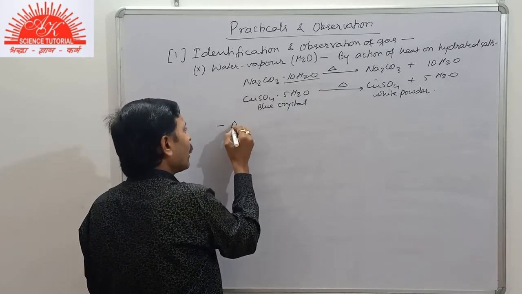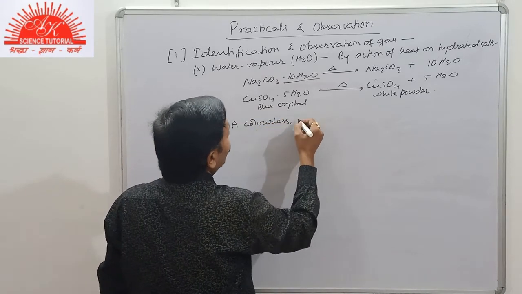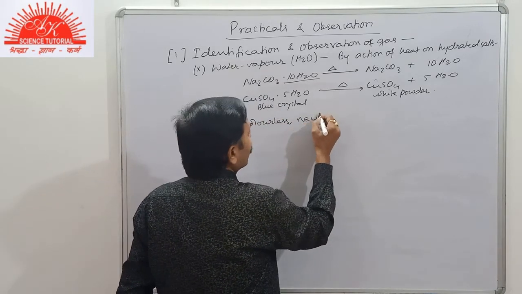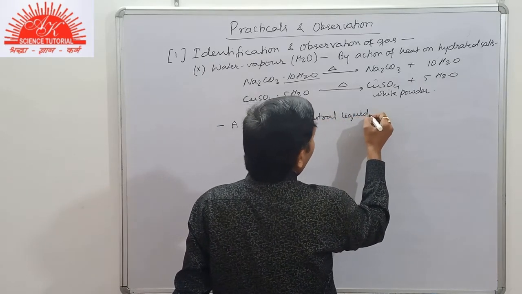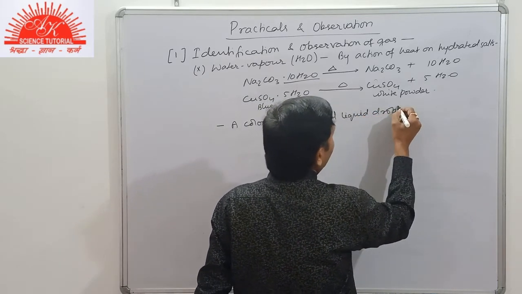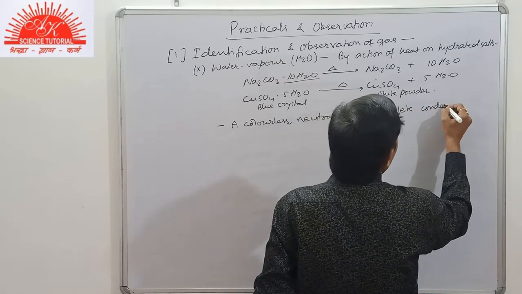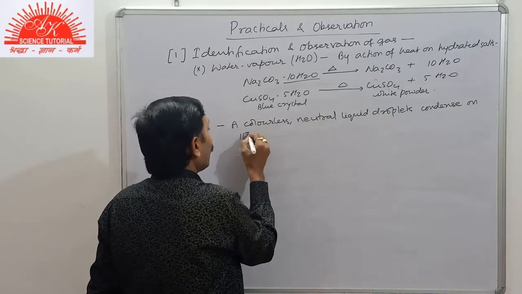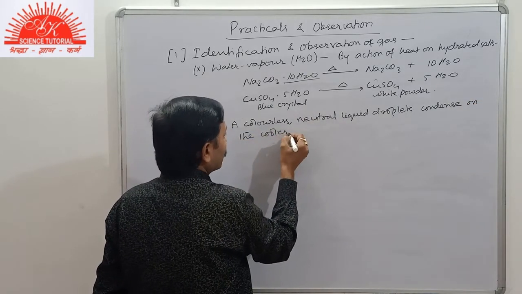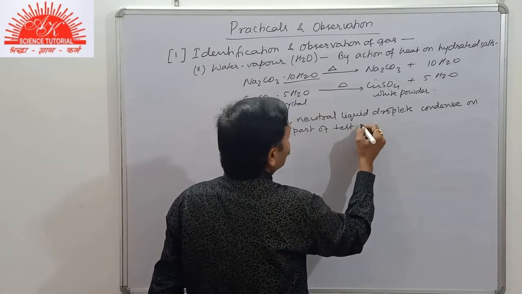That is a colorless, neutral, liquid droplets condense on the cooler part of test tube,